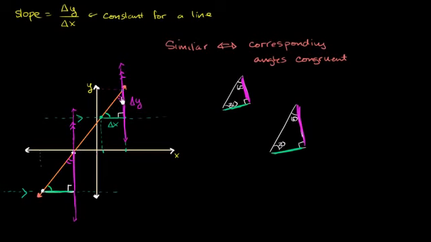And there you have it. This angle is congruent to this angle is congruent to that angle, and both of these are 90 degrees. So both of these are similar triangles. Let me write that down. We know that these are both similar triangles. And now we can use the common ratio of the sides. So for example, if we called this side length A, and this side has length B, and this side has length C, and this side